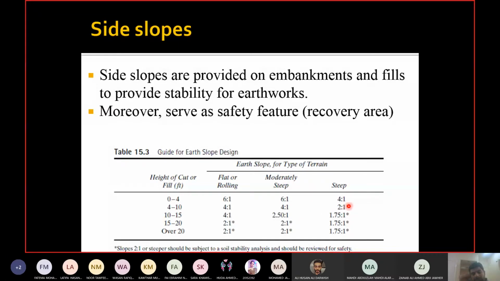Why? Because generally we prefer following the topography of the ground, following the terrain of the ground. Because if you follow the terrain of the ground, first of all, the design becomes easier, the construction becomes easier, and the construction work becomes cheaper as well. And also the maintenance work becomes cheaper. If you go to the contractor, or to your teachers who are teaching you construction management, they can provide you more details. But if you follow the topography of the ground, in a steep ground, you provide a steeper slope.